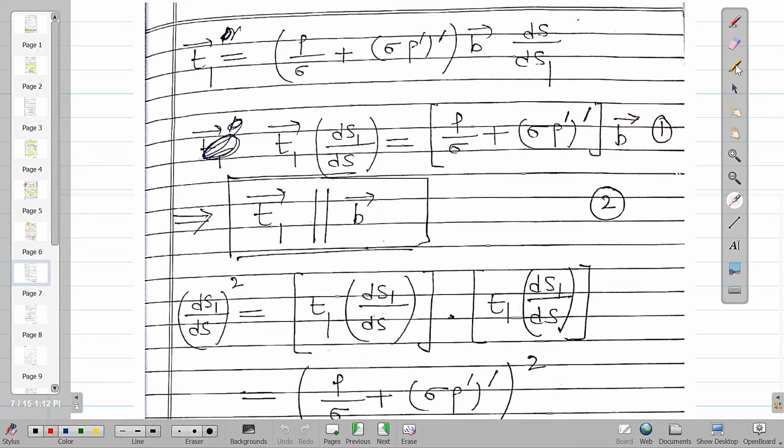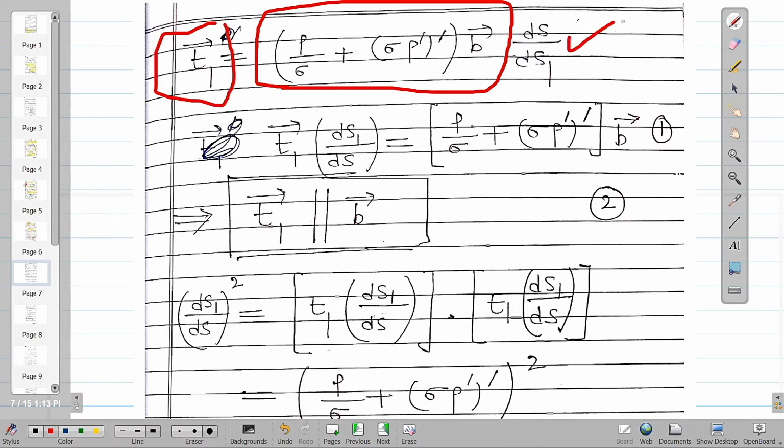So the remaining term is only the coefficient of b vector. Okay? So this equation will be completed if we find the value of ds by ds1. Right? Or we can say that we can find t1 vector in terms of b vector. Clear? So how can we find the